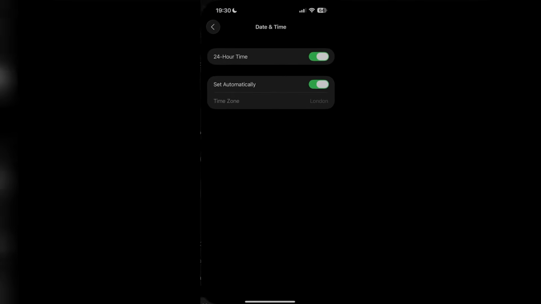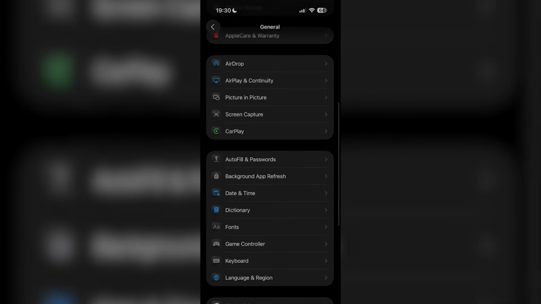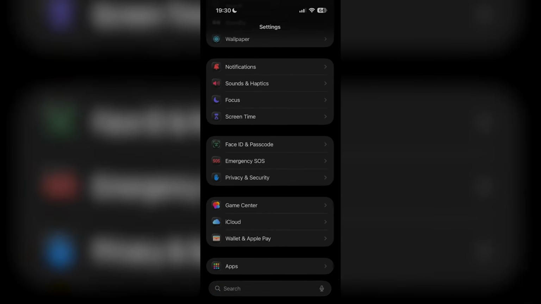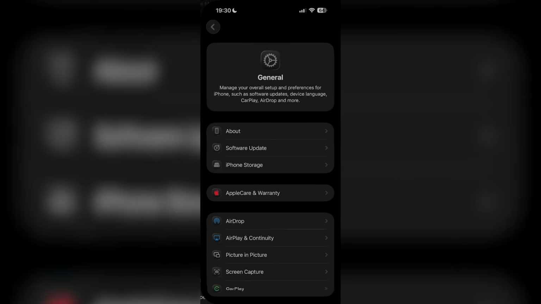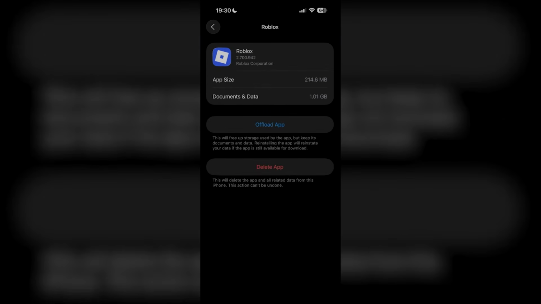then scroll down until you find date and time and make sure it's on set automatically, because if you have a custom time, that could be the reason why it's not working. Then scroll down and you're going to find apps right here. But what you want to do is go to general, then go to iPhone storage, and then type in Roblox right here. From here, just offload the app, which is going to clear the cache, and then open it again,